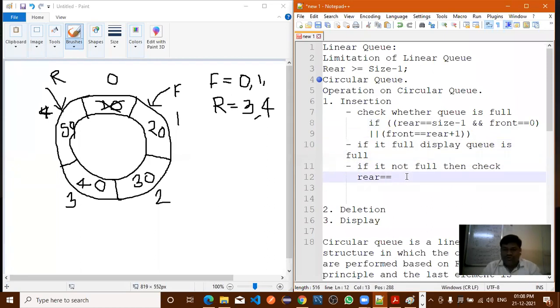If it is not full, we'll check whether rear is equal to size minus 1, and front is not equal to 0. Front should be not equal to 0.